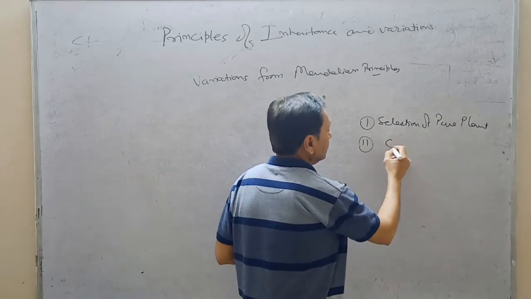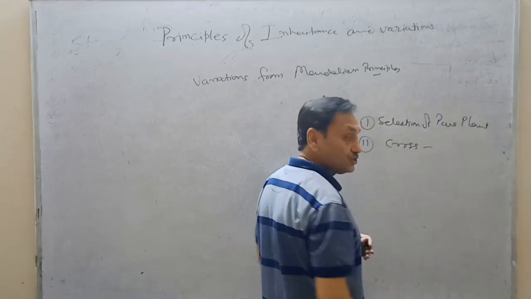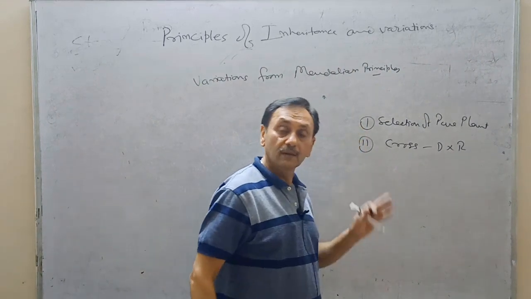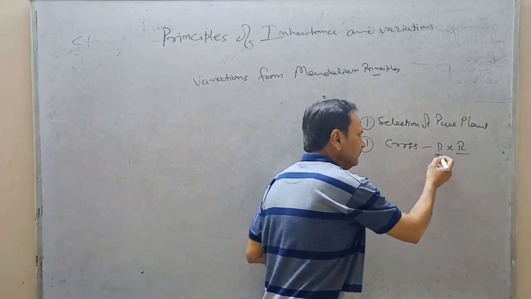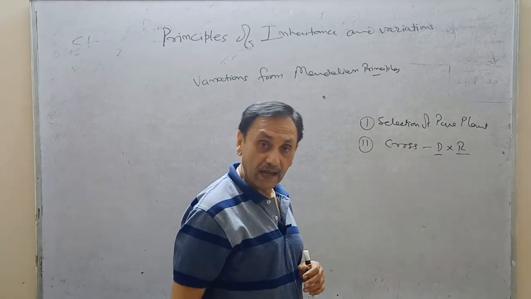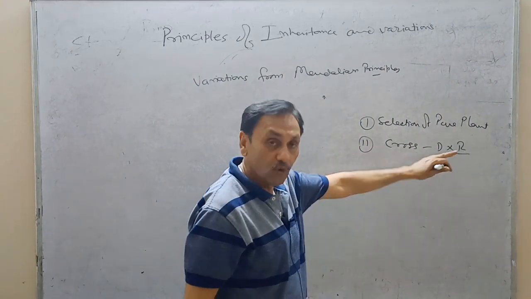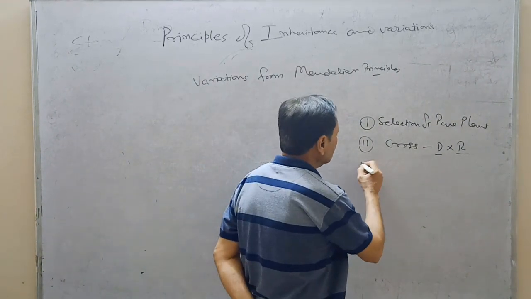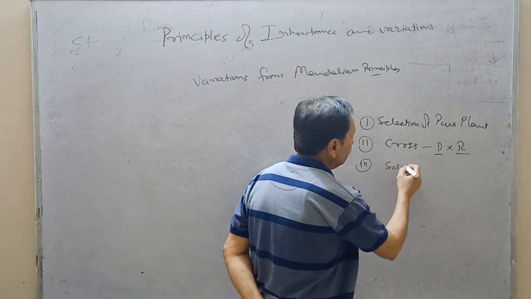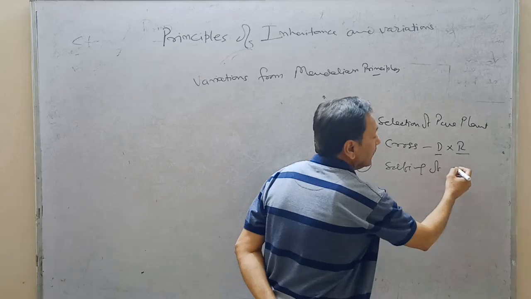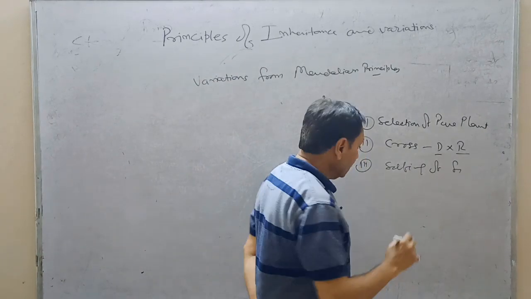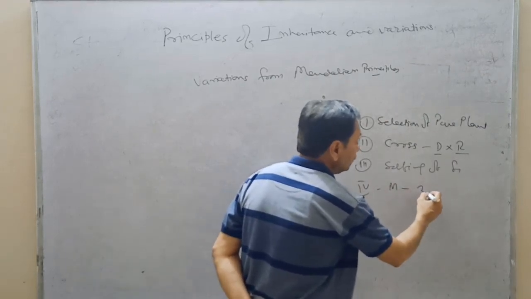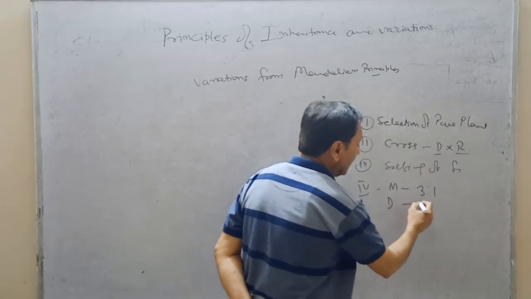Second, a cross between these two pure plants, that is the dominant and recessive, both should be pure. Recessive is always pure, but dominant may be pure or hybrid, but we will consider only pure dominant. Mendel performed this. And thirdly, selfing of the F1 product. And it has been observed that in a monohybrid cross, the ratio is 3:1,